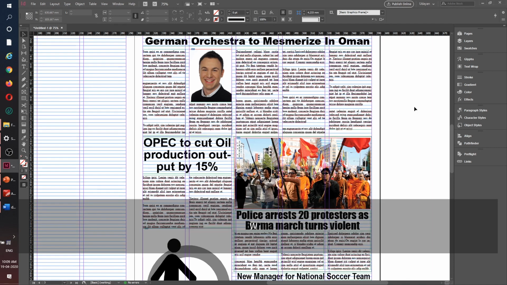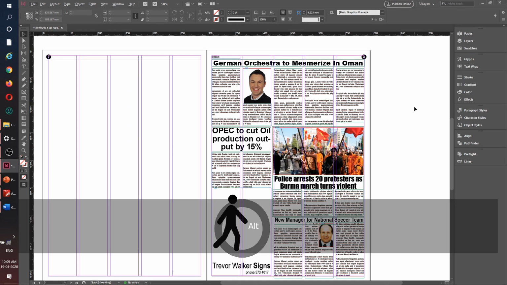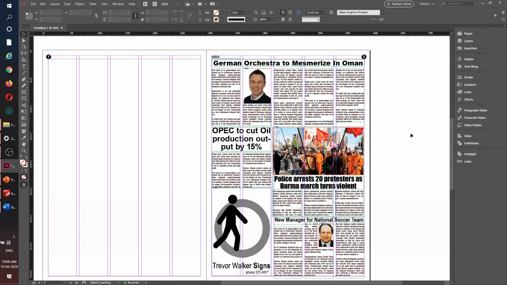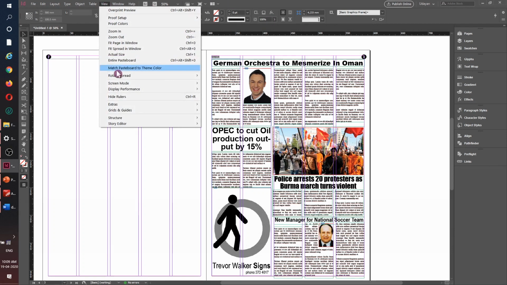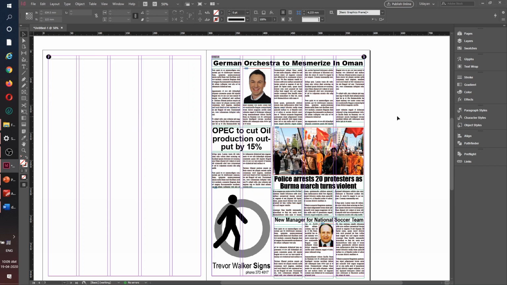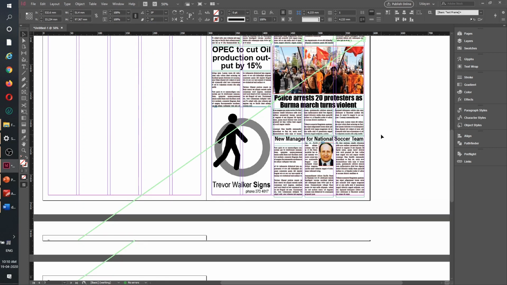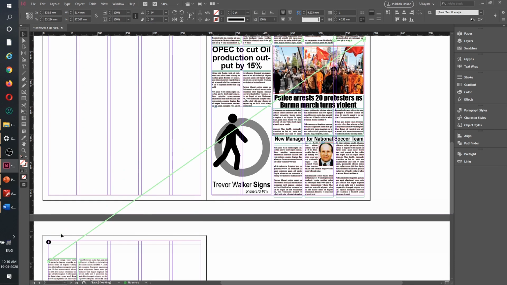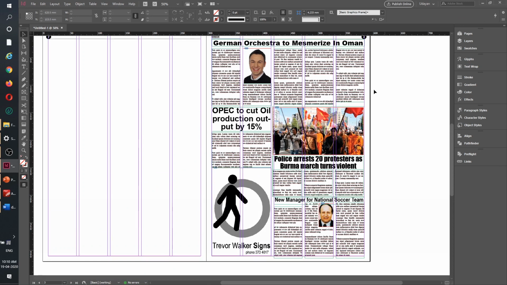we must be able to know how the jump page is actually working. So jump page basically works based on the threads. Okay, so if you go to view and you go down to extras and enable show threads, so whenever I'm clicking any story, it's trying to show me where the thread has gone. Jump page actually understands this, and the way you make it is very simple. Make a text box, connect it, and it will understand. So I will show you first.